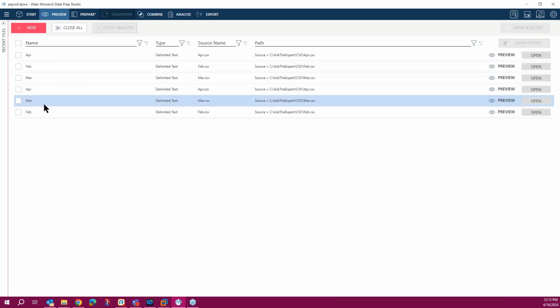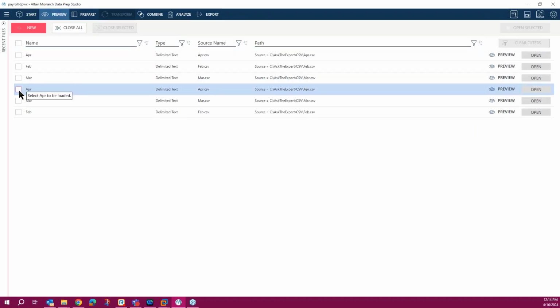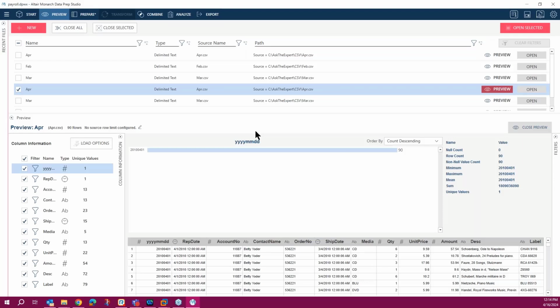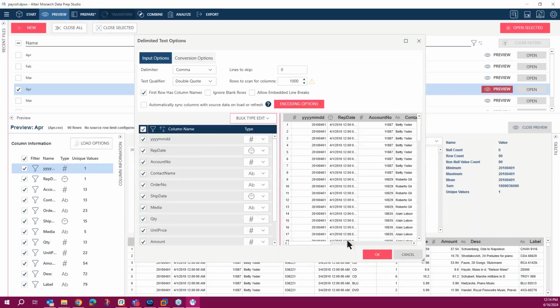When I drag and drop, it just displays them in the preview page, and then I can select each one of them, look at a preview of the data, and see what it is. Does it have column headers? It doesn't have column headers, and then I use the load options here and change any settings.